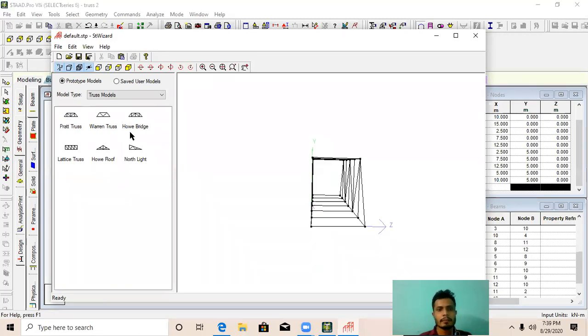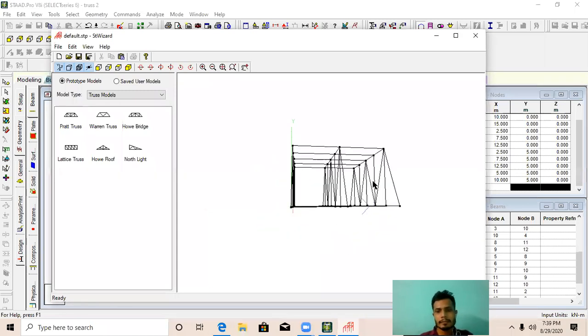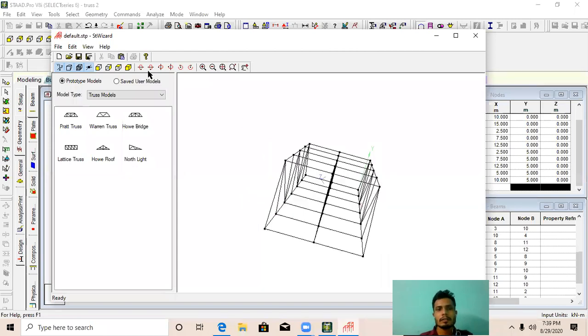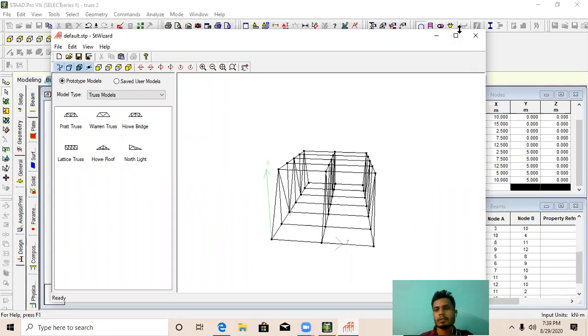If I want to create 2 bays along the width, just provide 8 meter width and number of bays 2, like that, and just transfer it into the StaadPro model from transfer model. We will learn in further sections how we can do that.